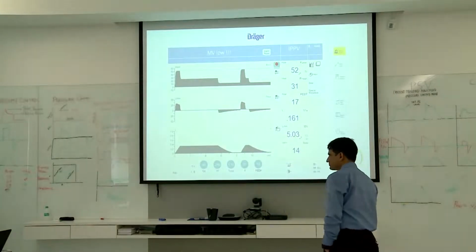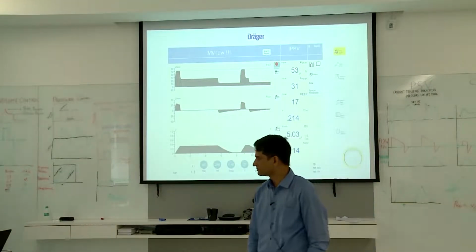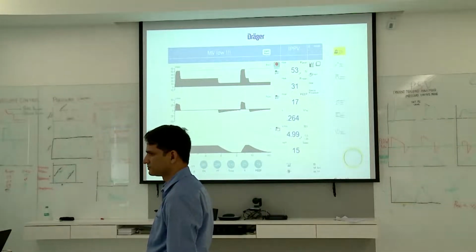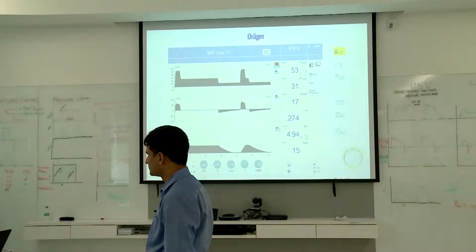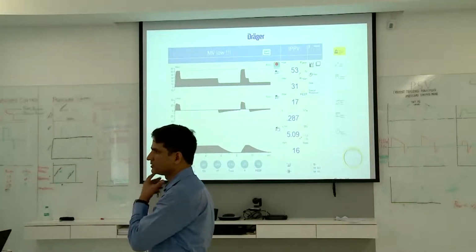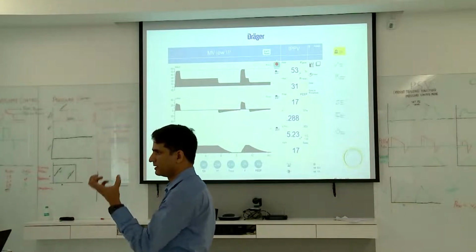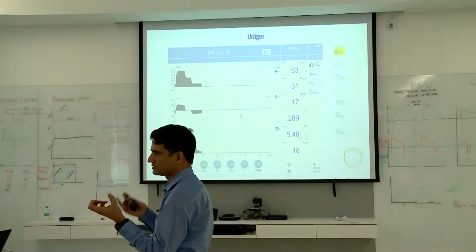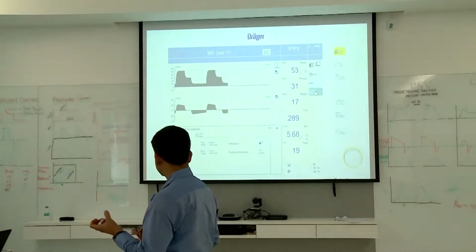So as you go down on a tidal volume, your minute ventilation will go down. So that's why you have to go up on the respiratory rate, right? That is another setting you will have to change in order to maintain your pH. You have to accept a little bit of hypercapnia, right? That is called permissive hypercapnia. Because if you are ventilating with a very low tidal volume, your carbon dioxide inside the lungs will go on rising. So that's why you have to increase the respiratory rate.